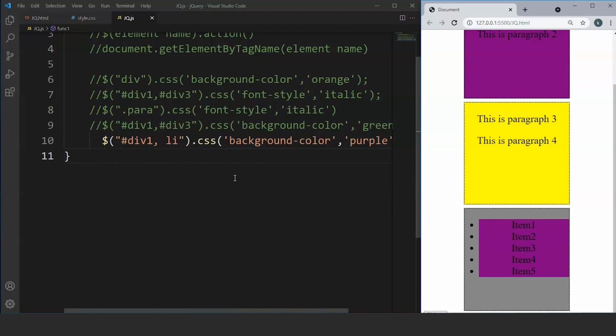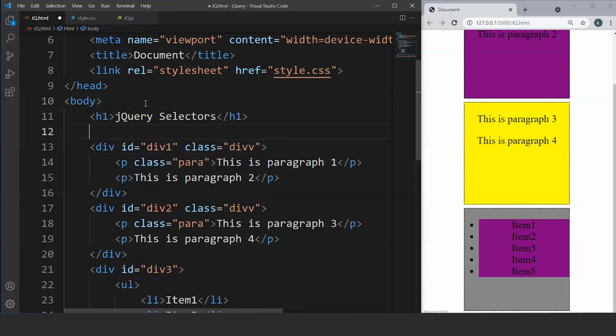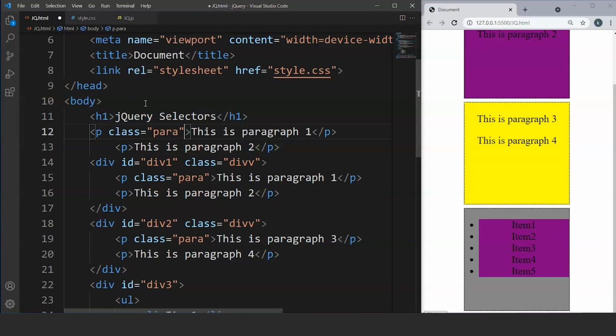So we can also make changes to the particular element present inside a specific div tag. For example, let's say we have two more paragraphs outside the div tag. So let's add them first, and what we'll do is we'll move to our HTML file. We'll copy this piece of code from here and we'll paste it here after the h1 tag. Fine, now what we'll do is we'll change the paragraphs. So let's say the paragraph 1 says this is paragraph 1 outside div tags. Fine, we'll do the same here as well. We'll write here outside div tags.